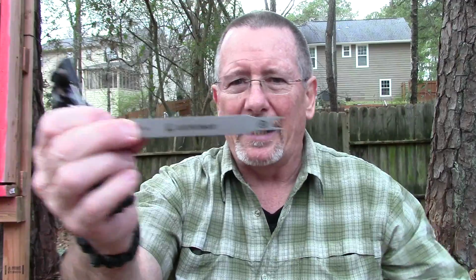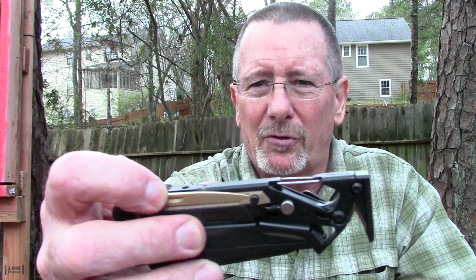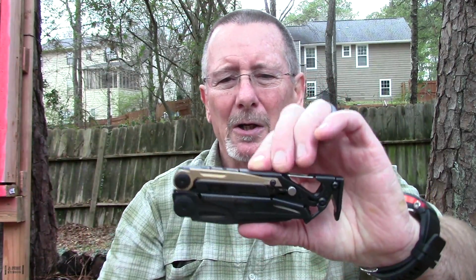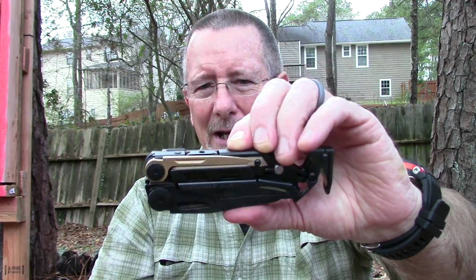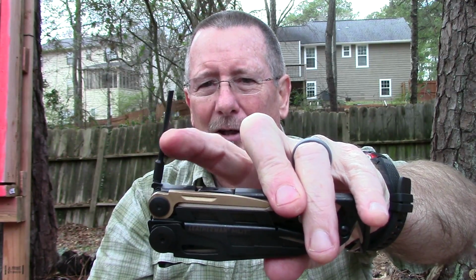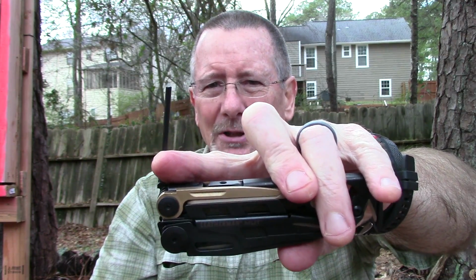I think as far as sight adjustment tools go, this is a lot easier to use than if the tool were built into this big thing here. It's really simple. Just stick it up there and use it. A couple things I really like about the tool itself. I like the bronze scraper, obviously, because that's replaceable. It's not going to scratch up your bolt carrier group or any of the stuff you got to scrape the carbon off of. I really like the replaceable, removable punch that allows you to punch out